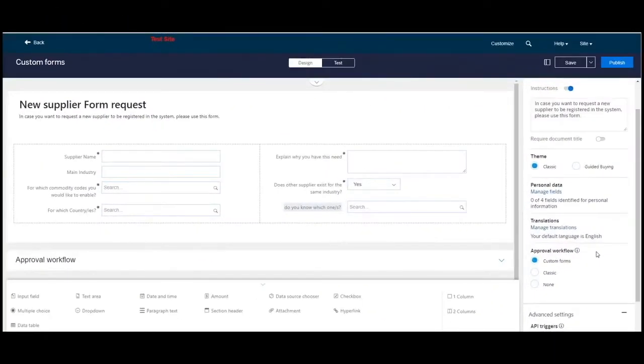When you are on a form itself, you can see on the right an approval workflow section. So now you can choose which approval flow you want to apply to your form documents. Default is custom forms, but you can choose classic approval flow in order to configure approval rules in your SAP Ariba procurement solutions. If the None option is selected, no approval is necessary for submitted forms documents. When you click on Classic,